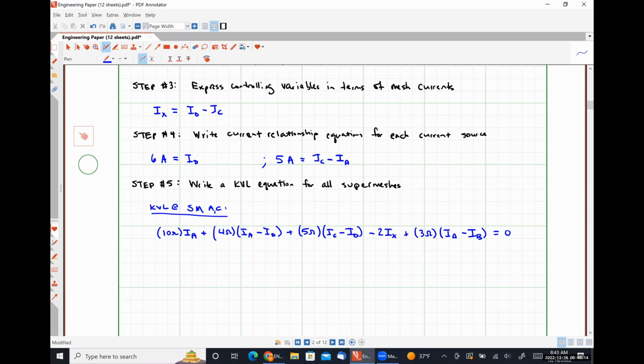That's our only super mesh in this circuit. So we can now move along to our last couple of steps. Step number 6 will be to write a KVL equation for all remaining meshes that do not contain a perimeter